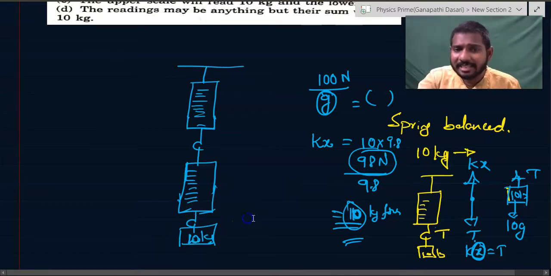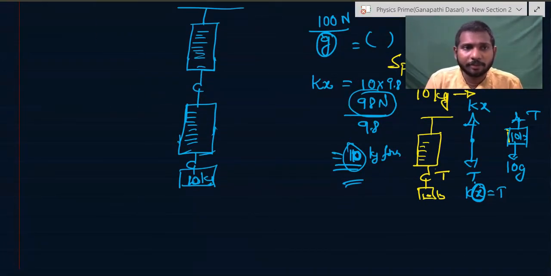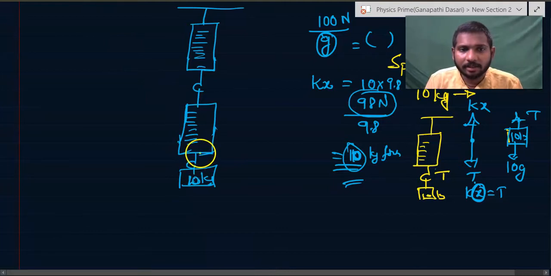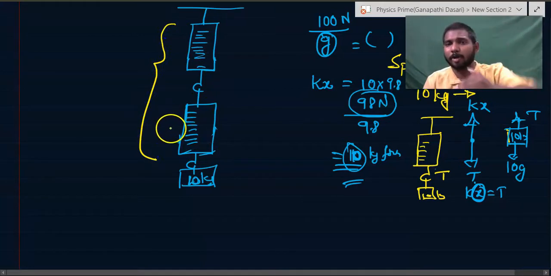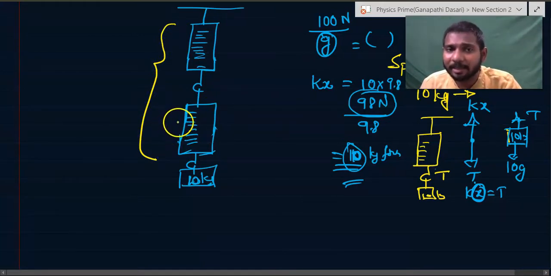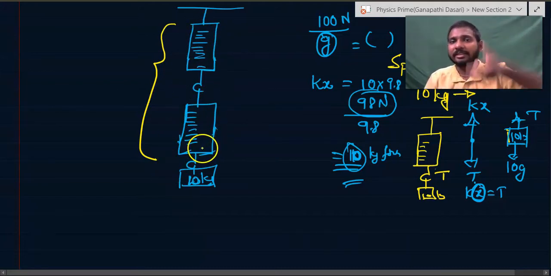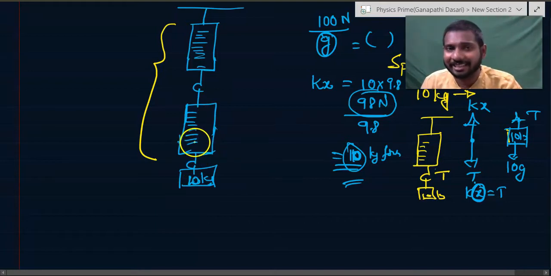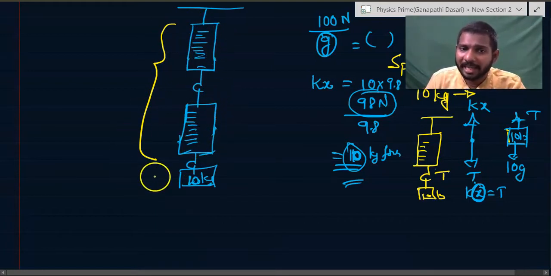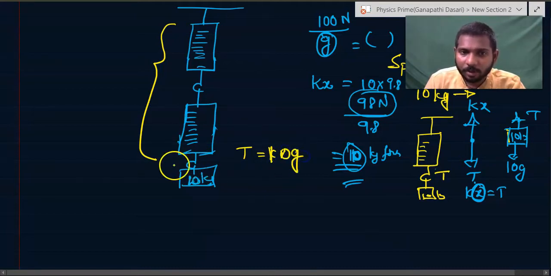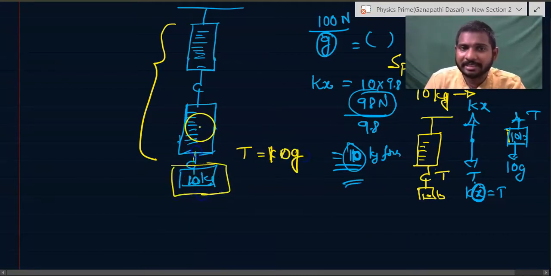Then in this case, if I draw the free body diagram, the entire two springs should be in equilibrium, because they should not be oscillating again and again. If they are in equilibrium, the force should be the same. If forces are different, the spring balance also wants to get accelerated. So these are ideal springs. The force should be equal. Tension is equal to kx. Tension is equal to 10g on this block. So the same tension should be balanced here by kx.